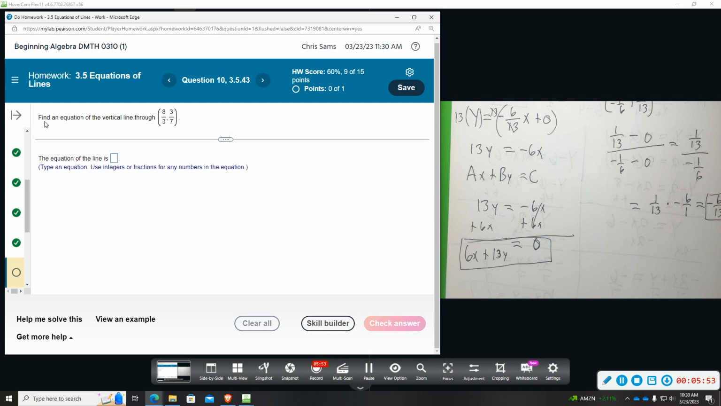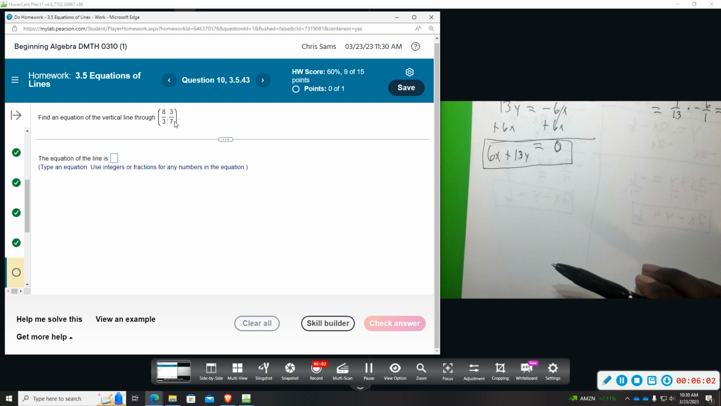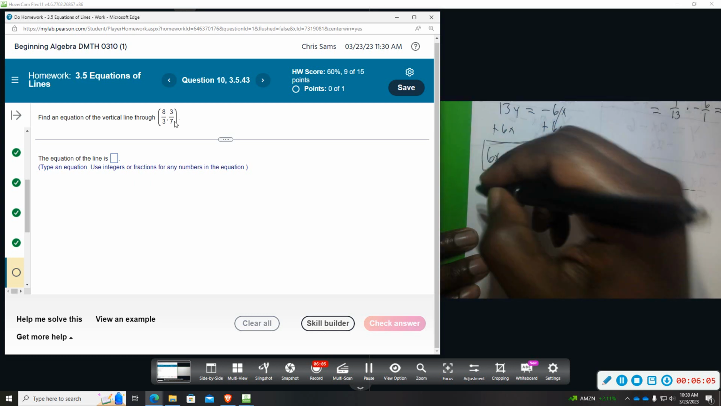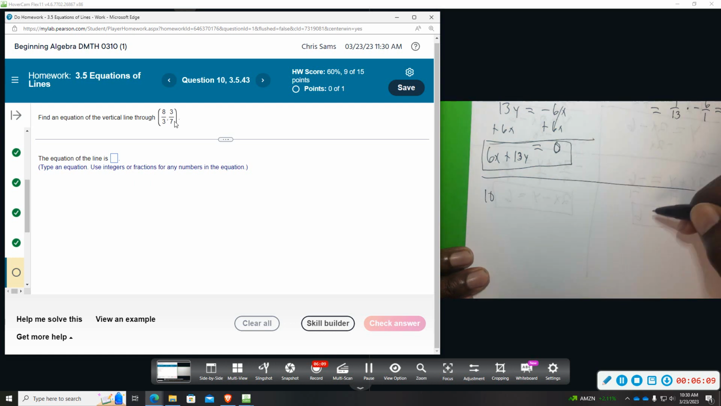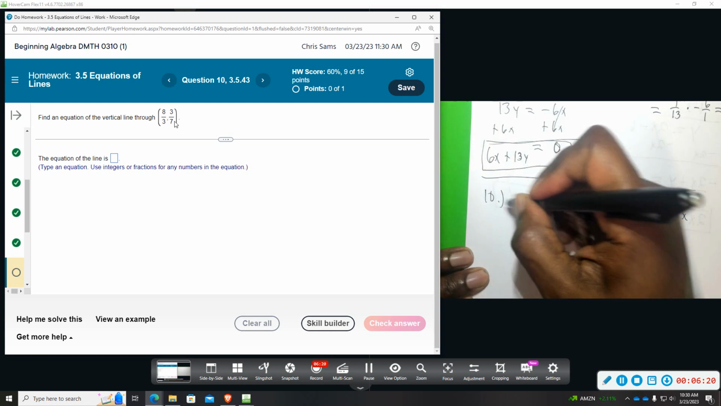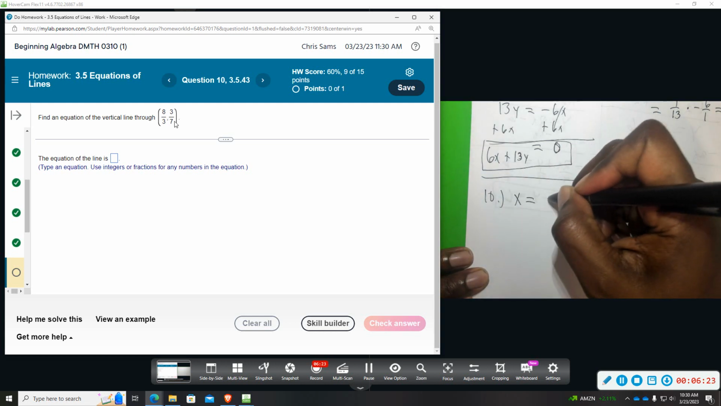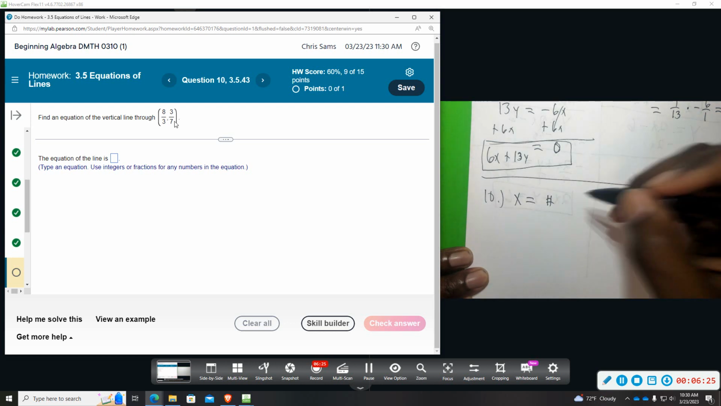Number 10, we want to find the equation of the vertical line through this point. Okay, so this is just a knowledge-based question. So if I have a vertical line, that means if I have my x and y axis, a vertical line is going to cross the x-axis only. So that means I'm going to have x equals some number. And if it goes through this point,